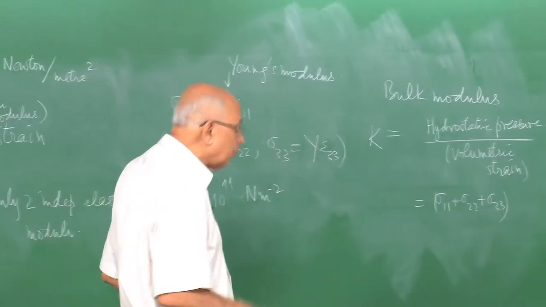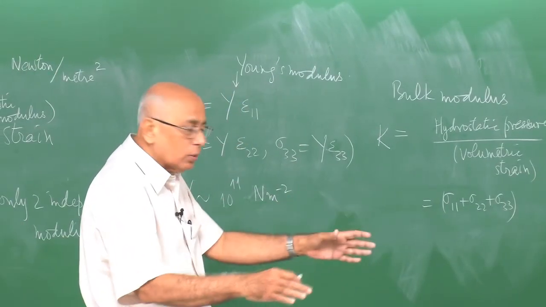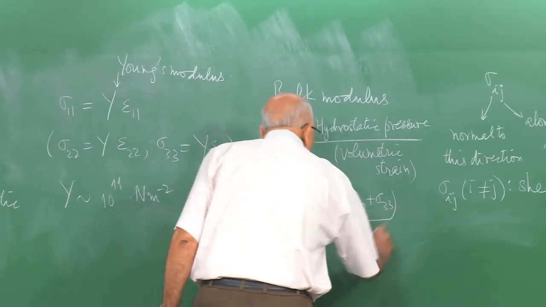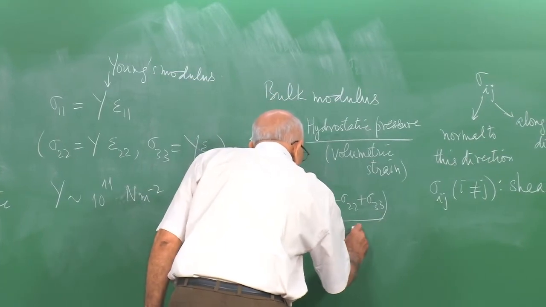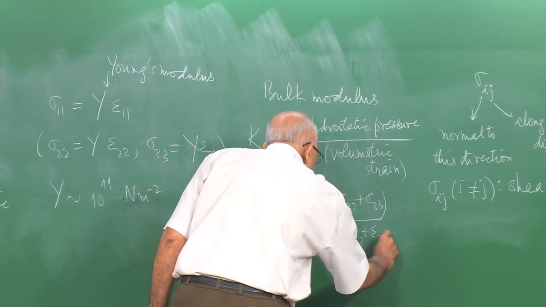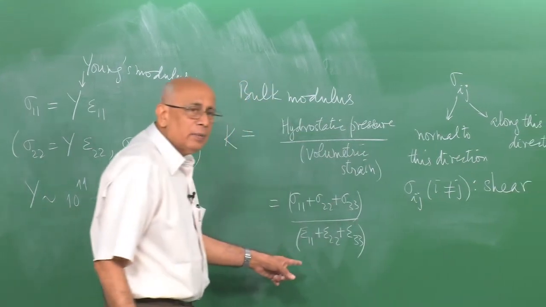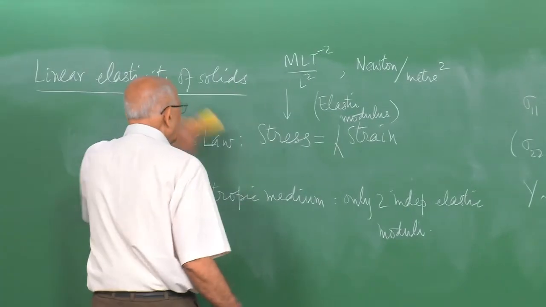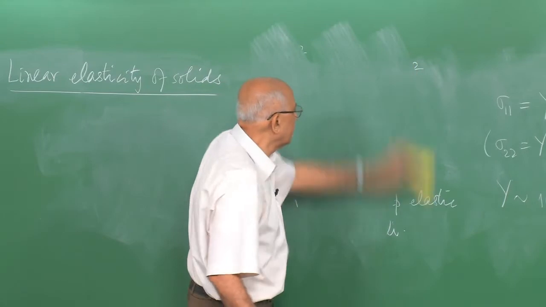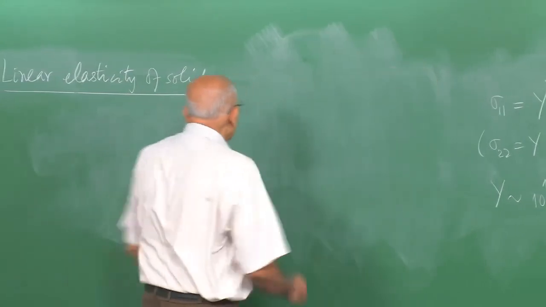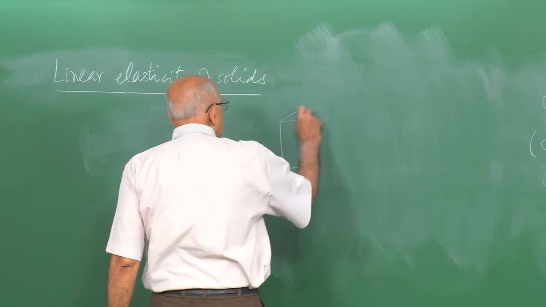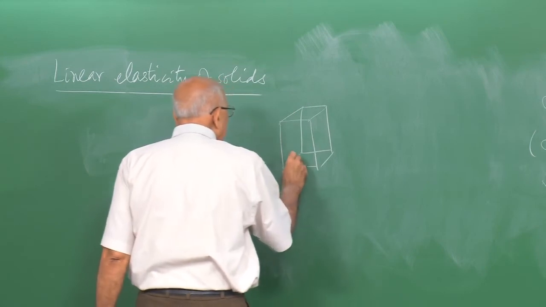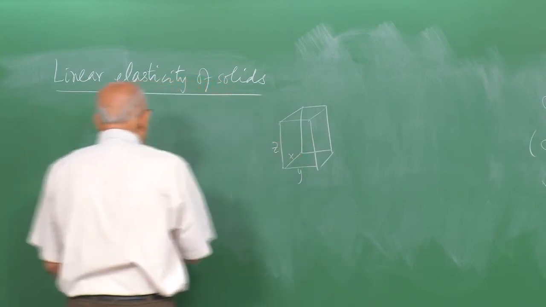The hydrostatic pressure is defined as the trace of this matrix, which you write down for all the strains, no shears involved, and that's divided by the volumetric strain, which is epsilon 11 plus epsilon 22 plus epsilon 33. That's reasonable too. You already know this, because if you have a cube or a rectangular parallelepiped of size x, y, z, so let's suppose you have an object with the 3 dimensions being this is x, this is y and z,